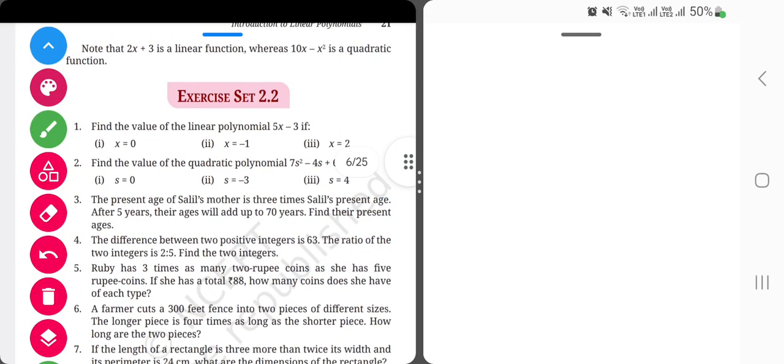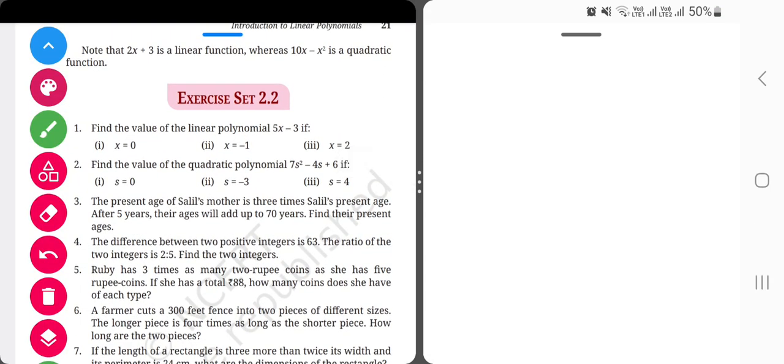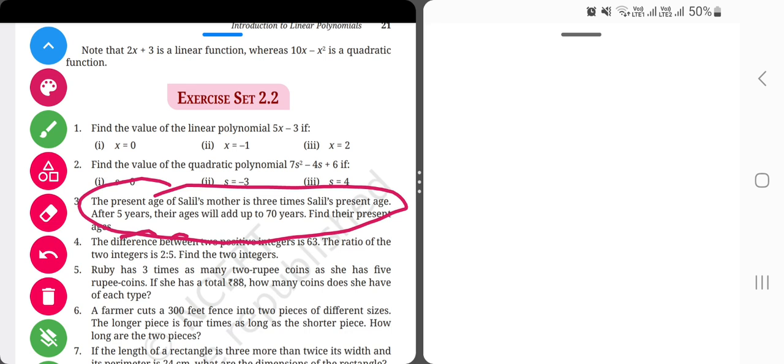Exercise set 2.2, class 9th Ganit Manjari, chapter number 2, introduction to polynomial. Question number 3 says that the present age of Salil's mother is 3 times Salil's present age. After 5 years their ages will add up to 70 years. Find their present age. So what it is saying is that Salil's mother's age is